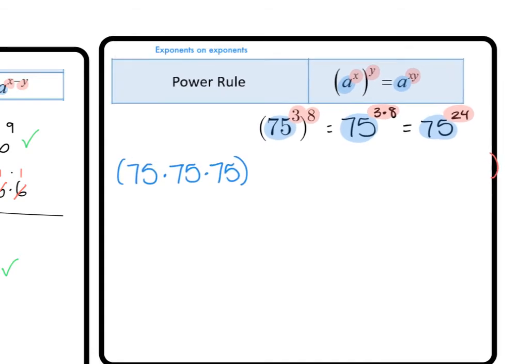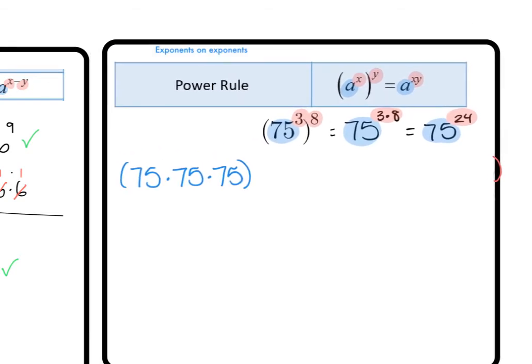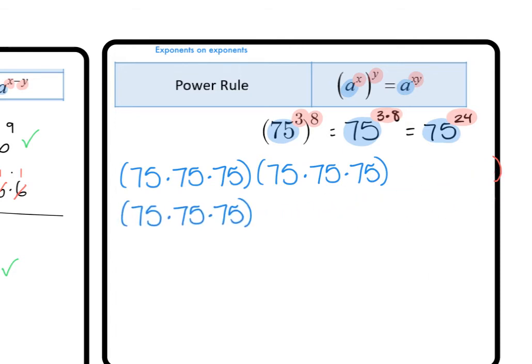So we take our 75s and we multiply them 8 more times. So that's 2 times, 3 times, 4 times,